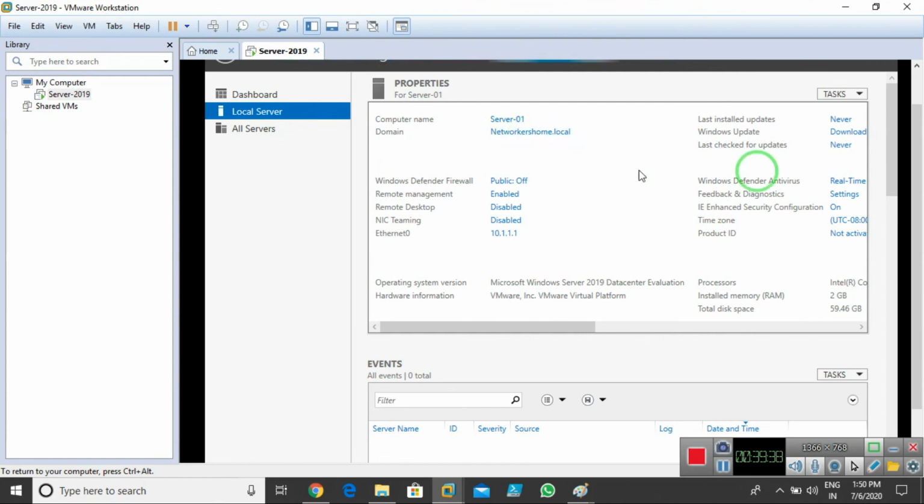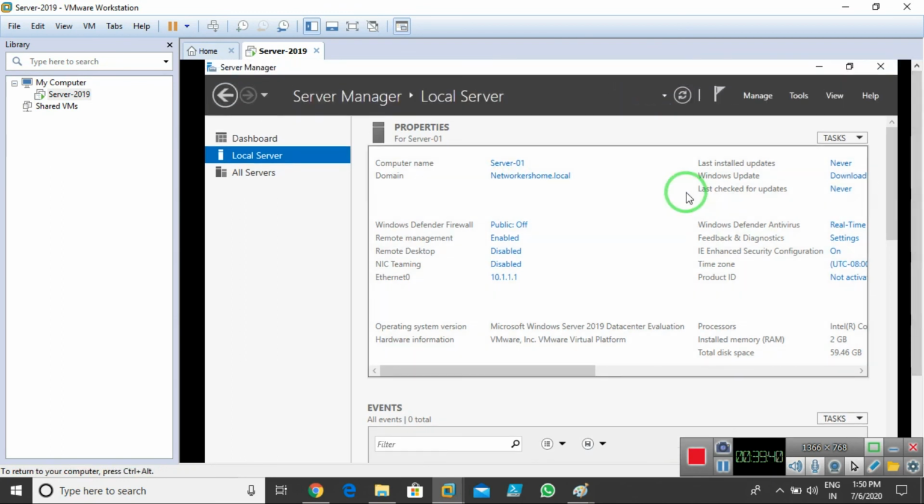Okay, fine. So this is the way we can create a domain controller in our network.